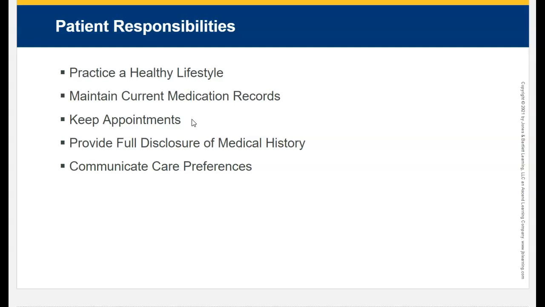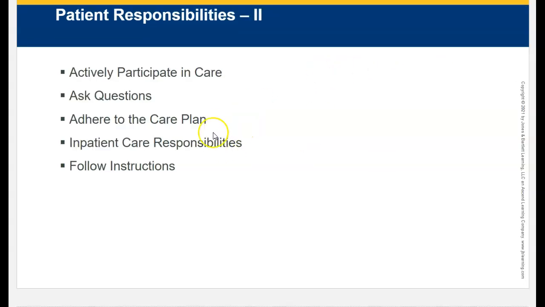Full disclosure of medical history is also a patient responsibility. You have to give your healthcare facility team, your caregivers, your past information, your current medications, that type of pertinent information that may have something to do with your care. It's the patient's responsibility to communicate, ask questions, adhere to a care plan, follow instructions. If a patient leaves the hospital and has not adhered to the care plan that was given verbally and in writing, and oftentimes with the electronic health records that we have now, it's also online in the patient portal section, these patients have a responsibility to follow the instructions.